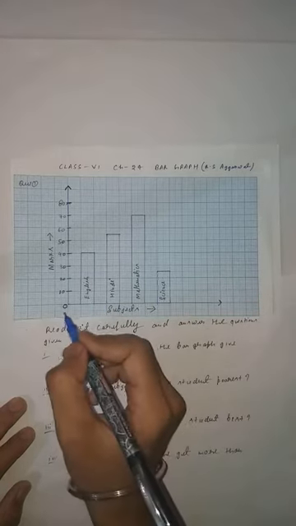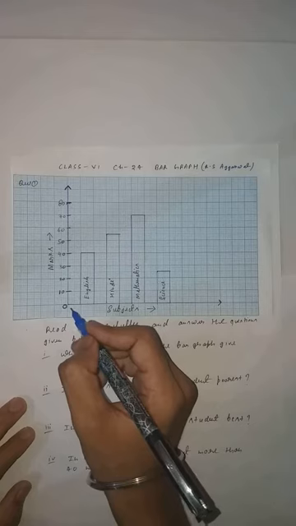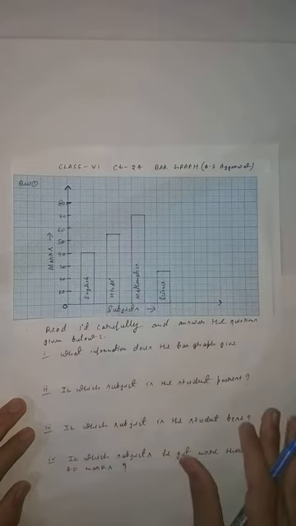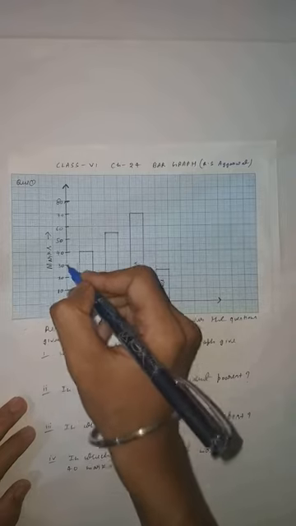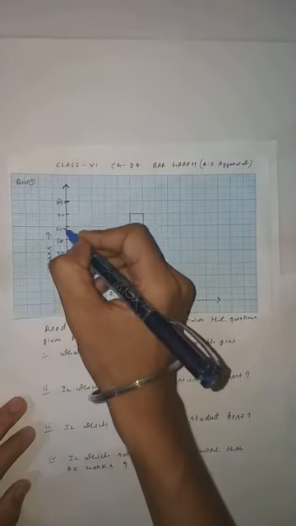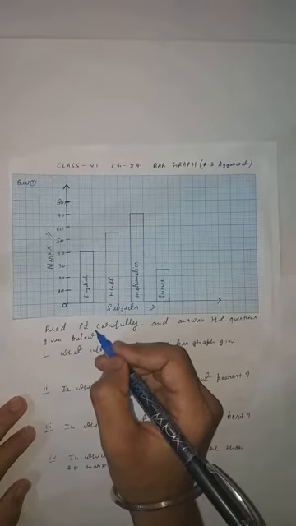Next, this is given your marks. Clear, student? So always, as I explain, you have to start from the origin. Origin means 0. Whenever you are going to make a bar graph, you have to start from 0. There we start from 0, then 10, 20, 30, 40, 50, 60, 70, 80. Clear, student? Acha, one important thing is given.